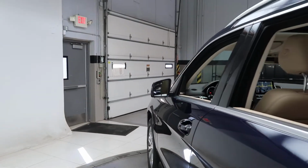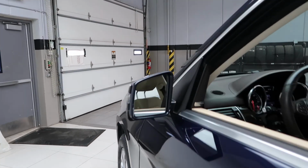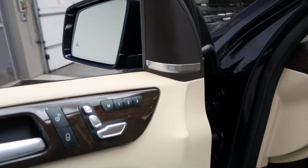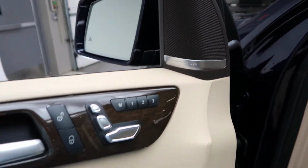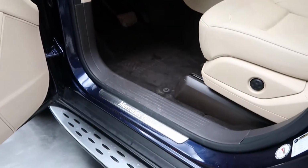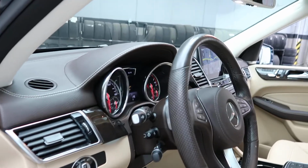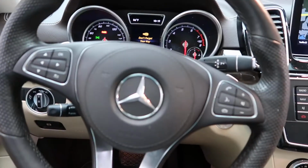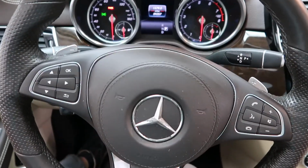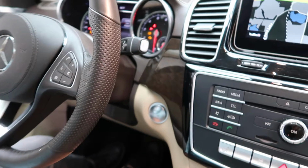lane tracking package with active blind spot assist, lane keep assist, premium one package with Harman Kardon sound system, memory seats, power windows, illuminated door sills, heated steering wheel controls, smartphone integration with Android Auto and Apple CarPlay, paddle shifters for extra performance, push start ignition,